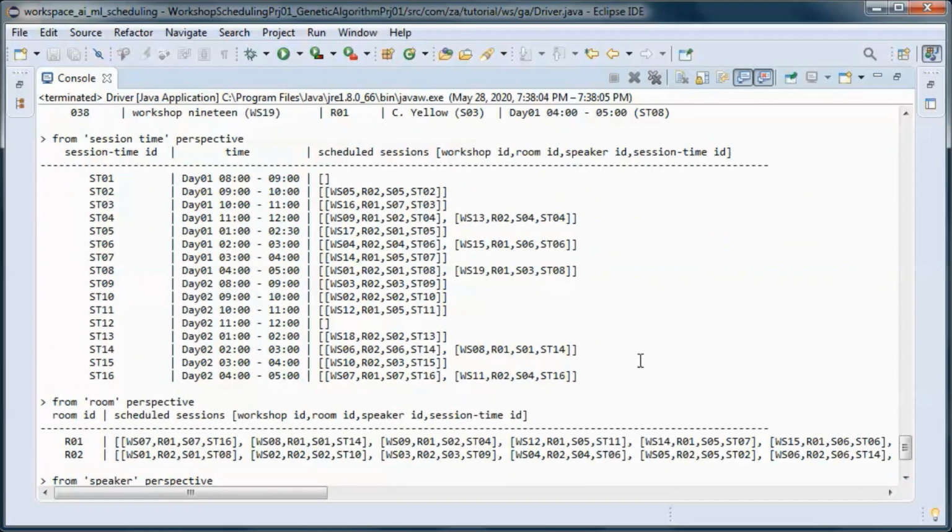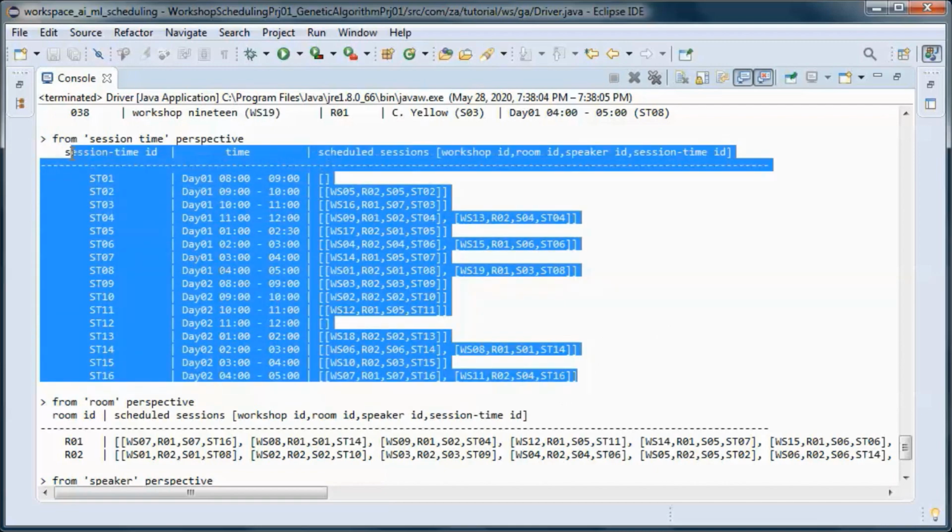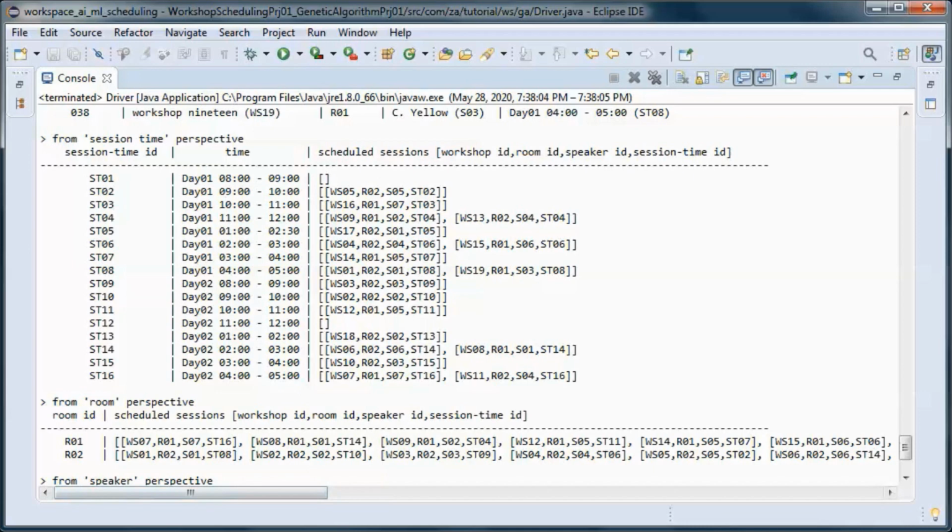And from the session time perspective. So for example, on day 01 from 11 to 12, we have those two workshops scheduled, workshop 09 and 13 in room 01 and room 02.